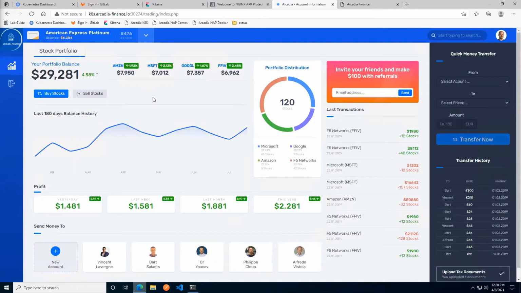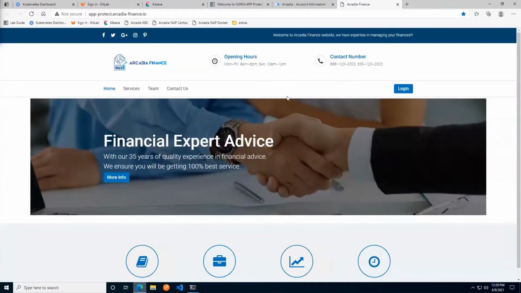The way that this lab is designed, this direct route of accessing it through the Kubernetes Ingress Controller directly from the outside is still available. In a real-life production environment, you would obviously block access to the Ingress Controller directly and force traffic to go through the App Protect container. We haven't bothered with that for the purposes of the lab, because it's useful for us to be able to pop back and forth. Anyway, so this is going through the Docker container that we just ran.